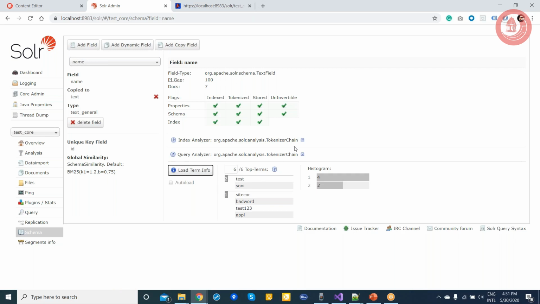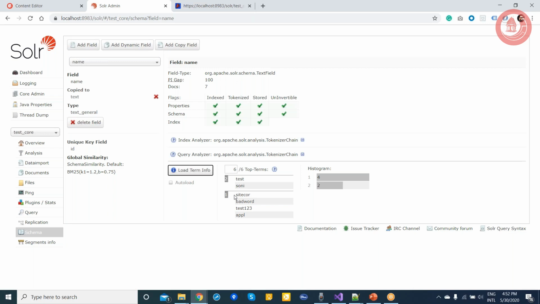If you load the terms here, you can see for each term we have a few records, right? For test, I have 2 records. For these, I have 1 record. So the way Solr works internally at a high level, it will divide all your data, all your sentences, into tokens. And when you do a search on the index, it will again divide your search keyword into tokens, and then it will match token to token, and then it will provide you the results. I will show you how it works.